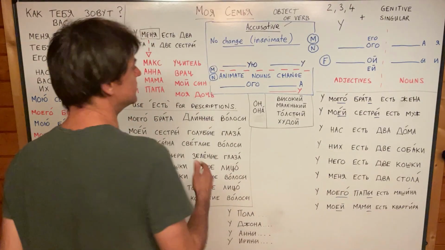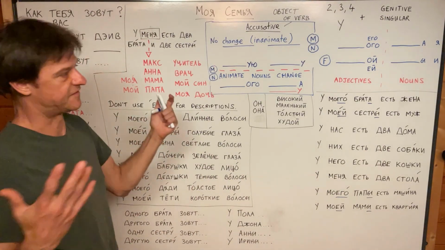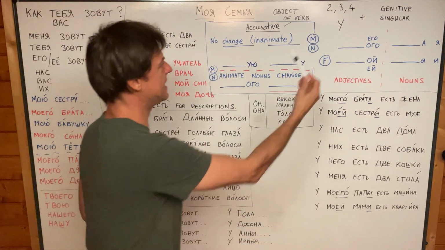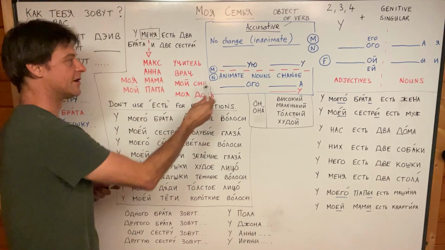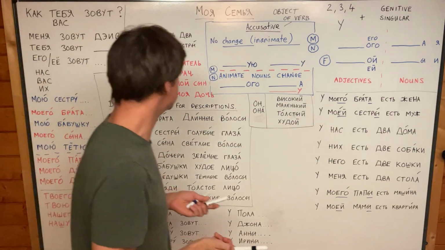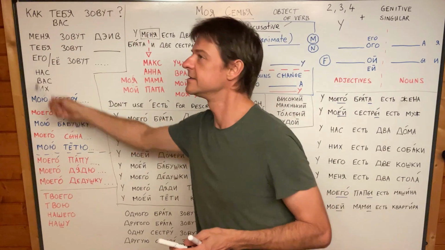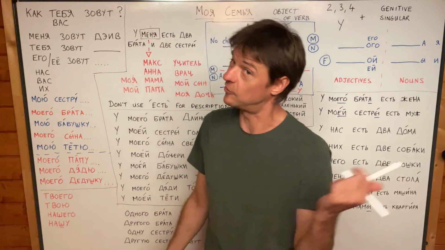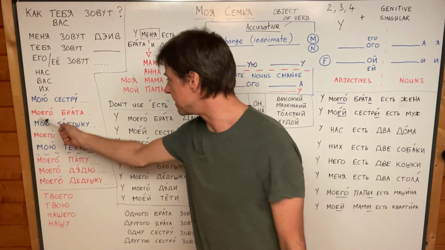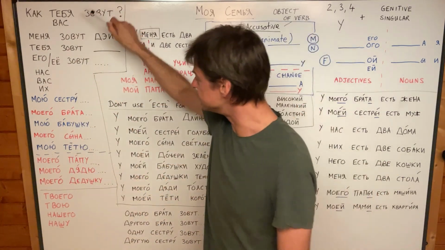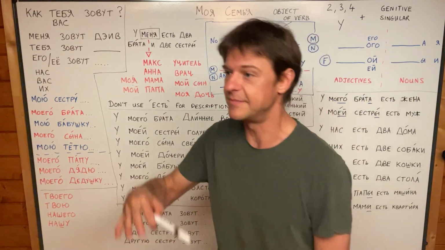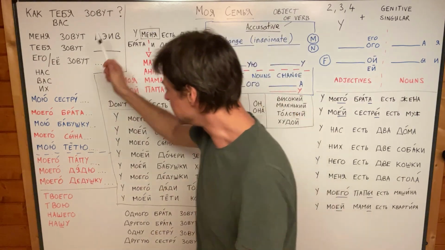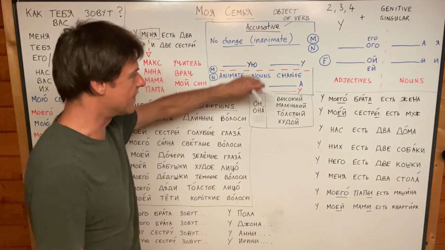Okay, welcome to a lesson on Moja Semja, my family. We're going to look at genitive singular. We're going to compare it to the accusative. We're going to learn something new about the accusative. And we're also going to look at: what's your name, my name is, his name is, your name is, or my sister's name is, my brother's name is. And you will see that just saying my brother's name is, my sister's name is, my dad's name is actually quite hard. You need to certainly know about this and this.